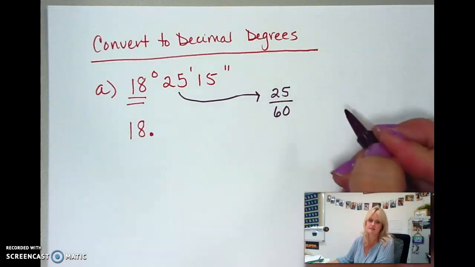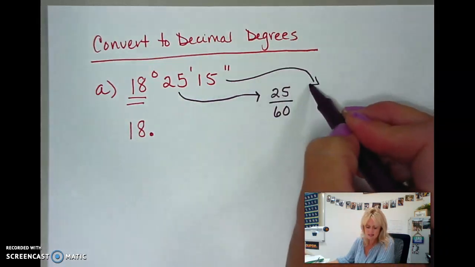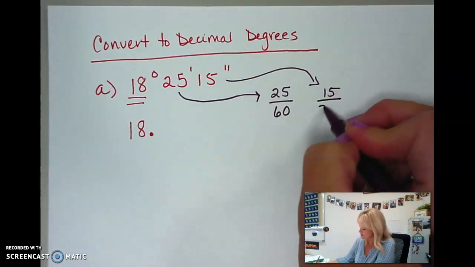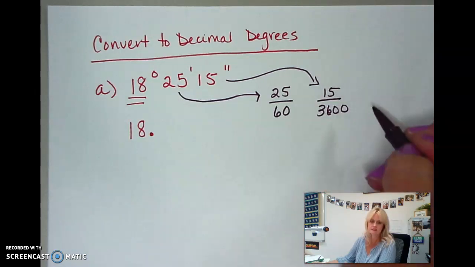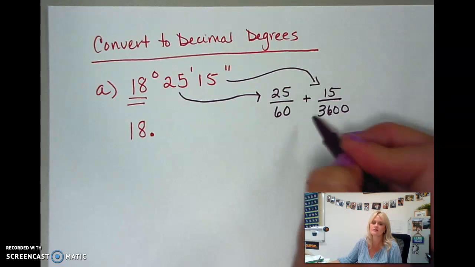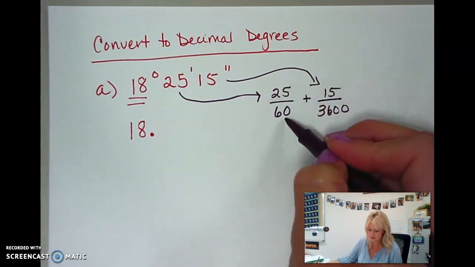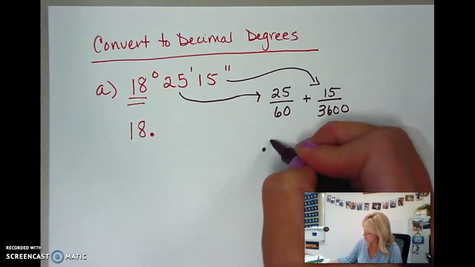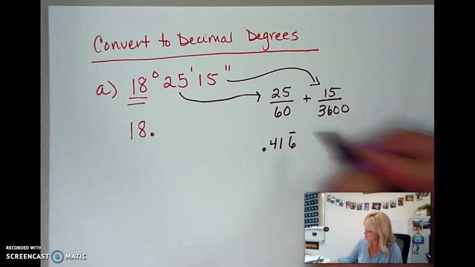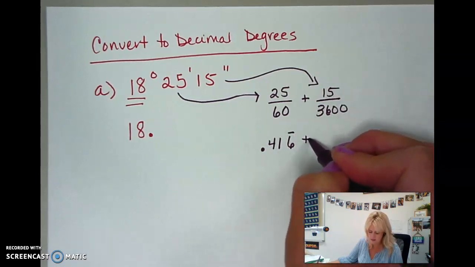It's a 60th. And 15 is how much out of the seconds of a degree? It's 3,600. So once I turn these into fractions, I can find the decimal. 25 divided by 60, which gives me 0.416 repeating, and 15 divided by 3,600, which is